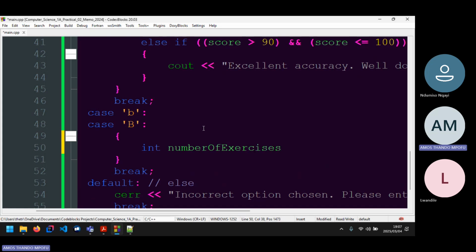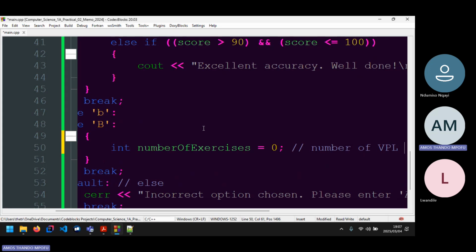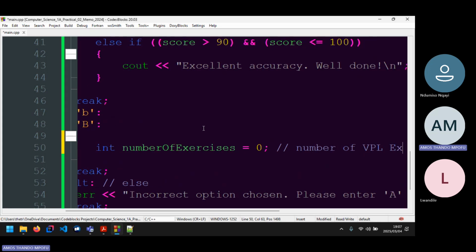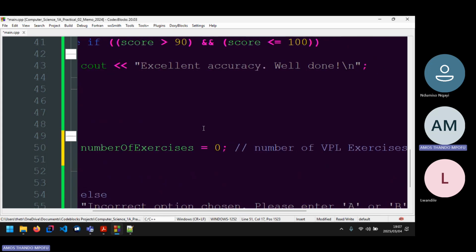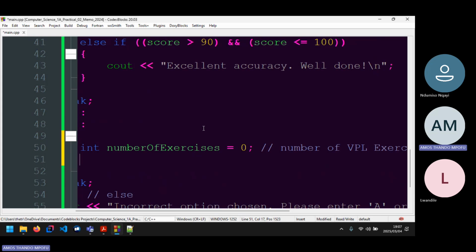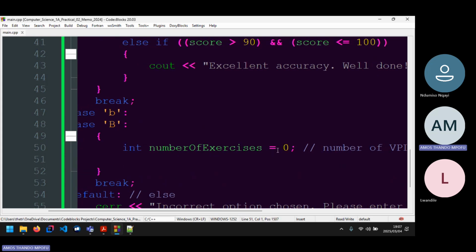Exercises, or you can call it num exercises, but I'm going to call it number of exercises, and then I initialize it to 0. And then I write a comment which explains what it stores. So it stores the number of VPL exercises, so that if I look at my code 10 years from now, I'm going to know what it was supposed to do or what it was calculating. So int number of exercises is equal to 0,